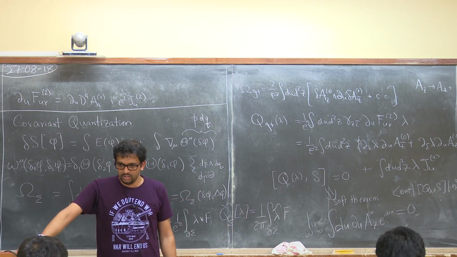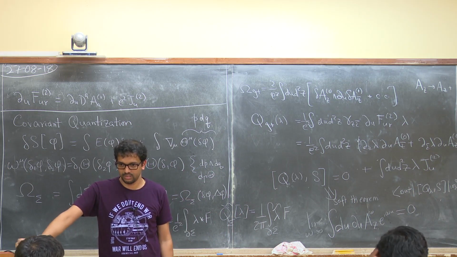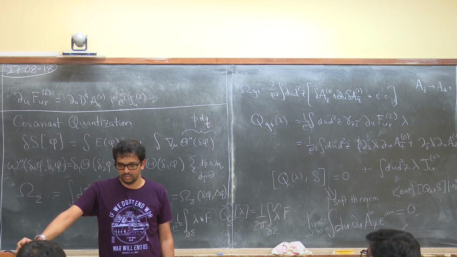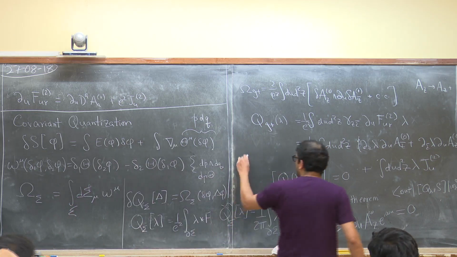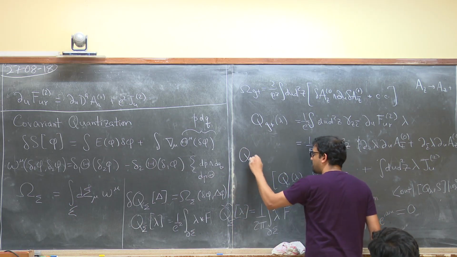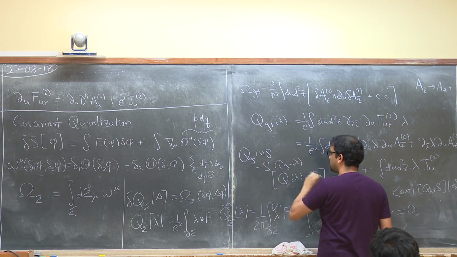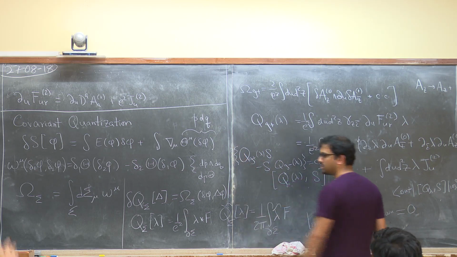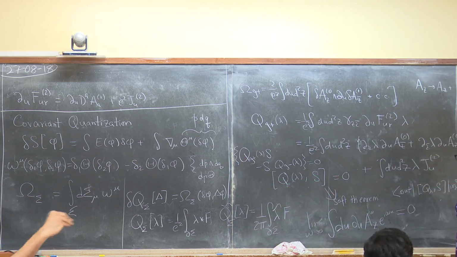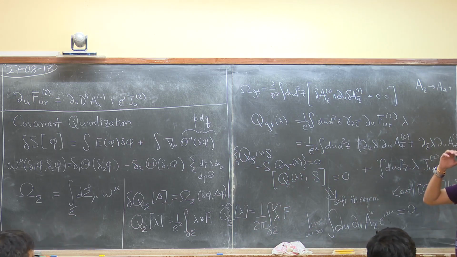When you say this is the symmetry of the S matrix, you must mean that on one side of the equation, this Q acts on scribe plus. Yeah. So what I mean is Q scribe plus lambda S minus S Q scribe minus lambda equal to 0. And how it acts on scribe minus is sort of clear because everything is actually just right at the end of that.